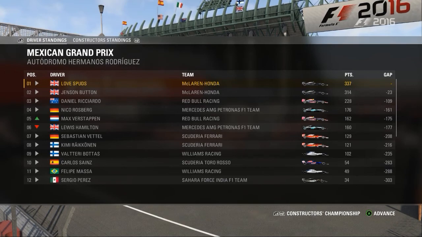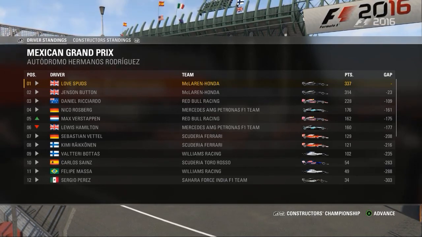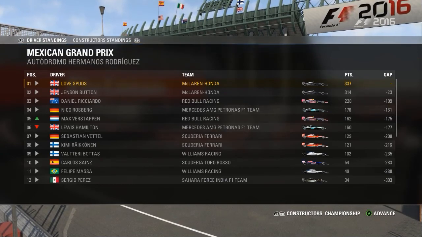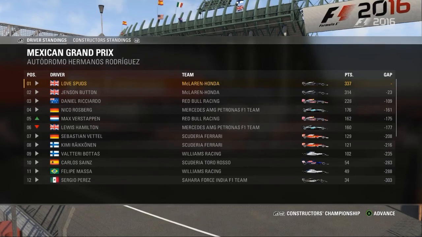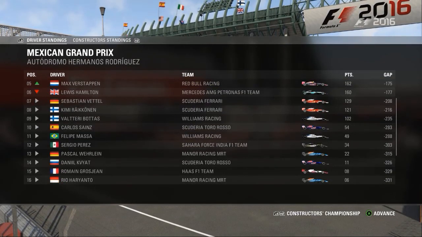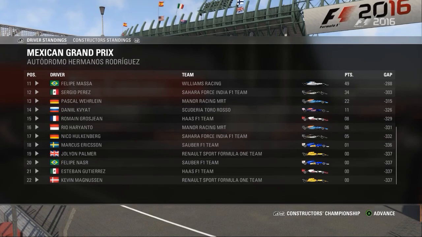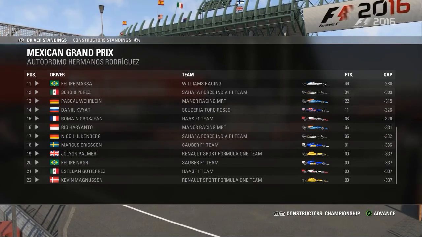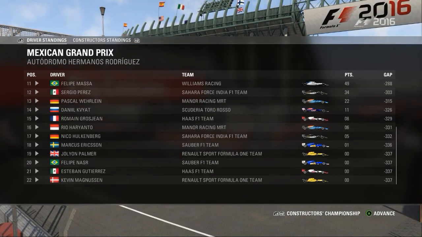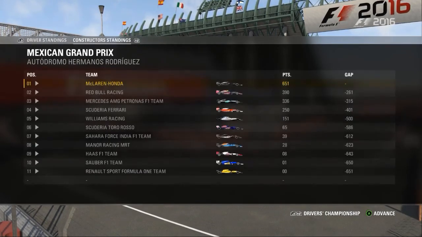So there we are, that's the driver standings as they stand at the moment. Spuds is 23 points ahead of Jensen Button. All he needs to do is outscore Jensen by 3 points in the next race, and he'll guarantee himself that title. It's all a bit of a pressure cooker if you're on Spuds' side of the garage, and all to play for on Jensen's side. Jensen's got nothing to lose. He needs to come out fighting in the next Grand Prix if he has any chance of stealing that title